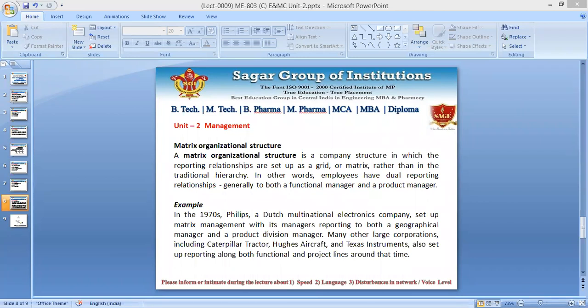A matrix organizational structure is a company's structure in which the reporting relationship is used in a matrix form, rather than the traditional hierarchy we have seen in line organization, or sometimes in line and staff organization also. So in other words,